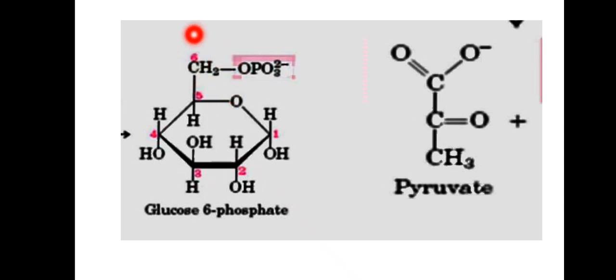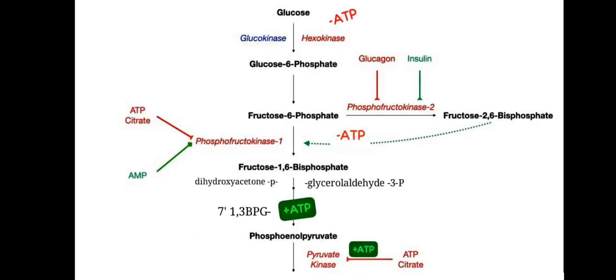So you can see that at carbon atom number 6, they have added what? A phosphate group. So basically that's what we mean when we say glucose 6-phosphate. If they were to add it at carbon atom number 3, then that molecule becomes glucose 3-phosphate. If they add a phosphate group on carbon atom number what? Number 3. So you can see here that glucose has been converted to glucose 6-phosphate by utilizing this ATP